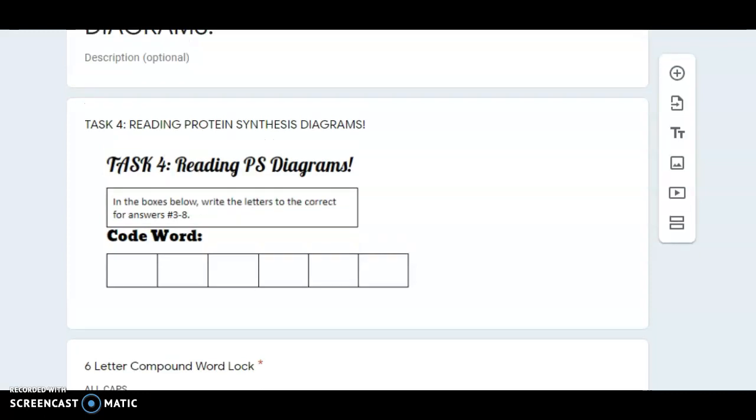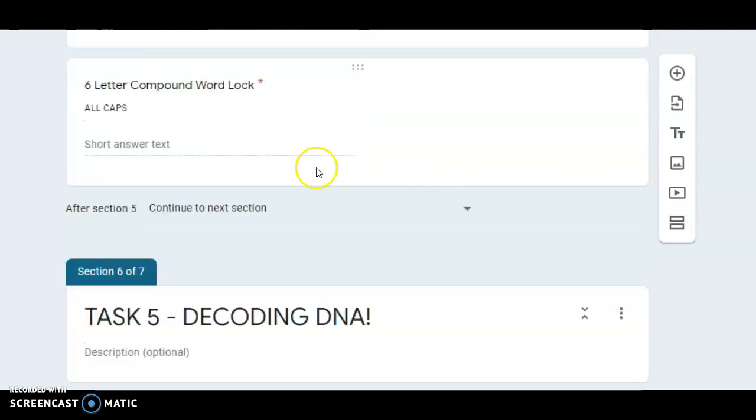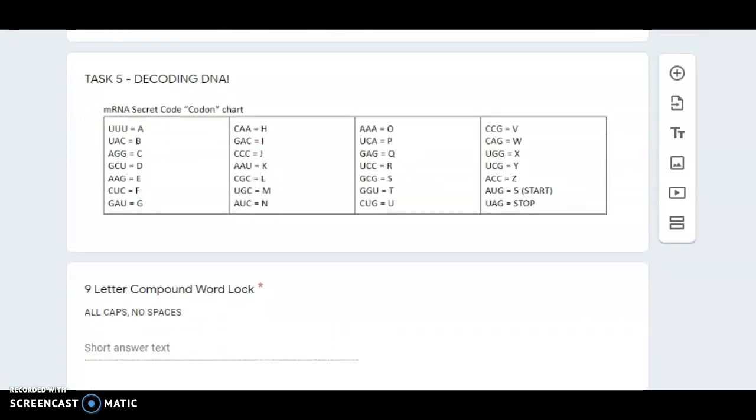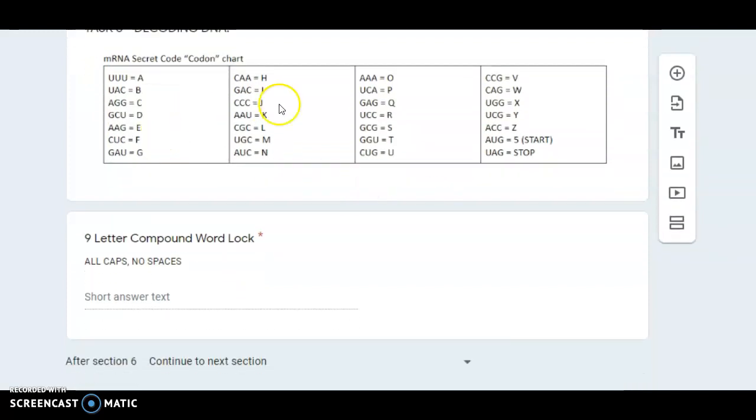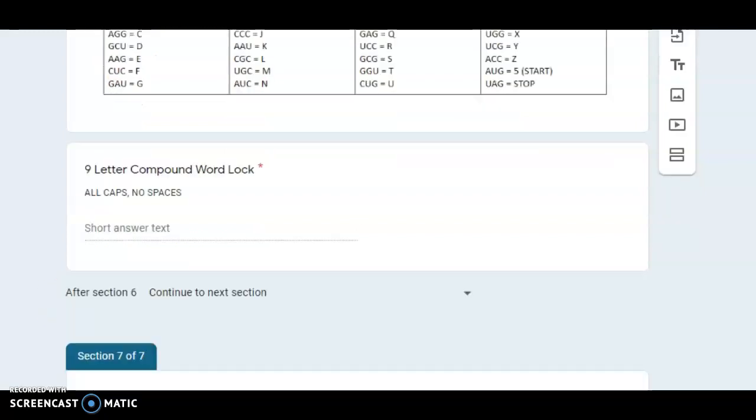The protein synthesis, again, the multiple choice answers are going to form a word if you go from number 3 to number 8, and that's what you're typing in right here. Again, make sure you're in all caps. And last, you're going to have your secret codon chart here, and you're going to write in all caps, no spaces, the word lock for there. And then when you're done,